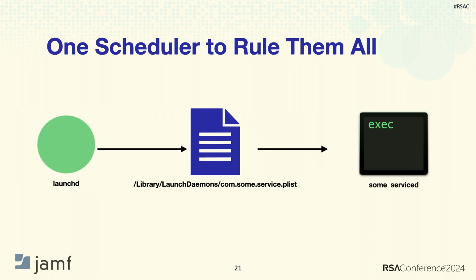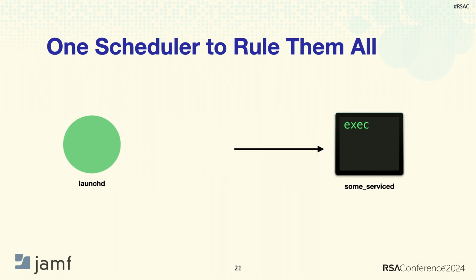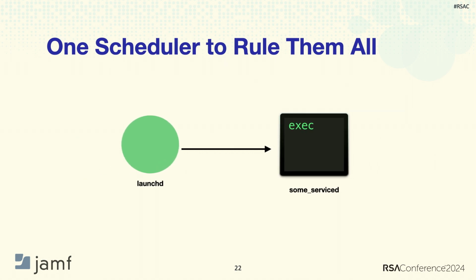So here you see I've started something called some service. You might hope that when looking at processes, there's some clear indication of the fact that some service was started by a scheduled launch daemon. Like if we're looking at the process tree, we would hope maybe we could find that out just based on the process tree alone. Sadly, there is not. If we look at a process tree at any given moment on macOS, we will see that launchd executed some service. We don't get to know what plist opened it. We don't get to know how it came into existence. We just know that launchd has a bunch of children, and among those are children of launch agents and launch daemons.